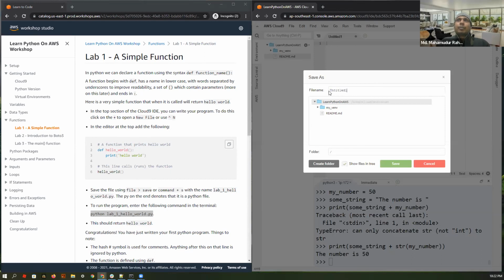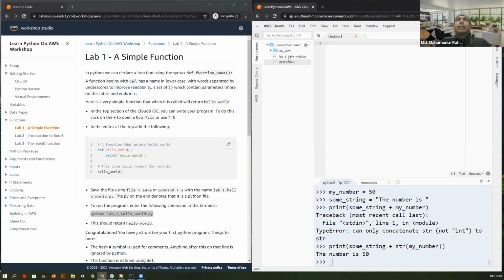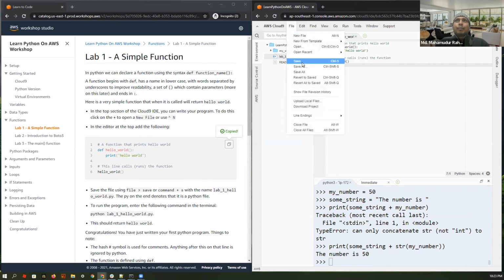লার্ন পাইথন অন AWS এর মধ্যে এই নামে একটা ফাইল সেভ করি, lab_1_hello_world.py। যে ডিরেক্টরির মধ্যে আছি সরাসরি এখানে সেভ করি। আমরা দেখতে পাচ্ছি আমাদের একটা পাইথনের ফাইল ক্রিয়েট হয়েছে। এখন এই ফাইলের মধ্যে কোডটা নেই, এবার সেভ করি। Ctrl+S দিলে সেভ হয়, অথবা ফাইল থেকেও সেভ করতে পারি।